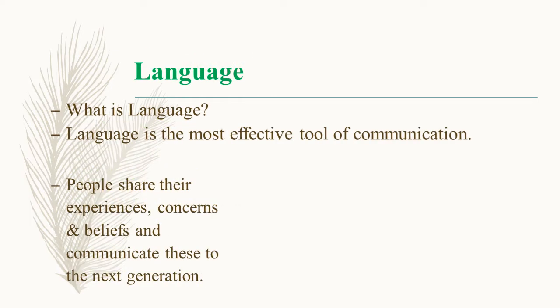So the very first tool which we are going to discuss is language. Language is defined as the system of symbols which is used to convey messages and information to other individuals. So language is the most effective and the most important tool of the communication process. It's very easy to use. Everyone uses it in their daily life as a means to convey information and to argue with others. Language cannot be separated from culture. Actually, it is culture bound.